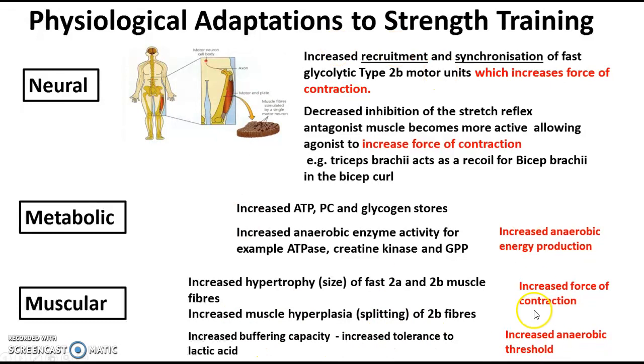Now, all of these are adaptations. There is 1, 2, 3, 4, 5, 6, 7 adaptations that take place as a result, and they're categorized by being neural, metabolic, and muscular. It's worth making sure you put this here first: neural, brain; metabolic, fuels; and then muscular, actual skeletal muscle, and what happens to that. So just get those in there, make sure they're categorized, and in lesson we'll have a look at ways to remember it and application to previous work. Okay, thanks very much.